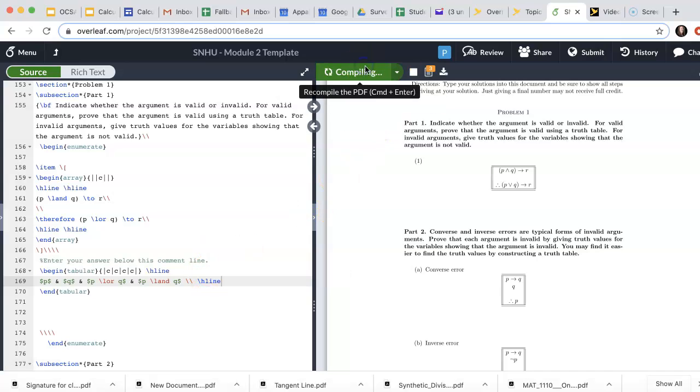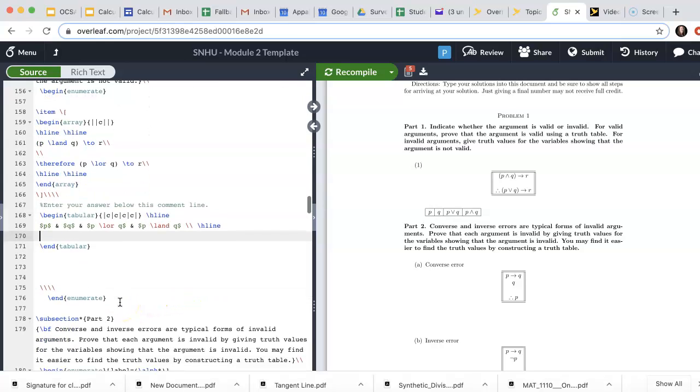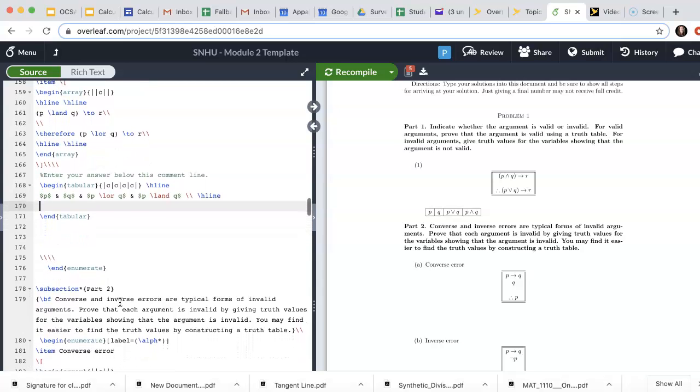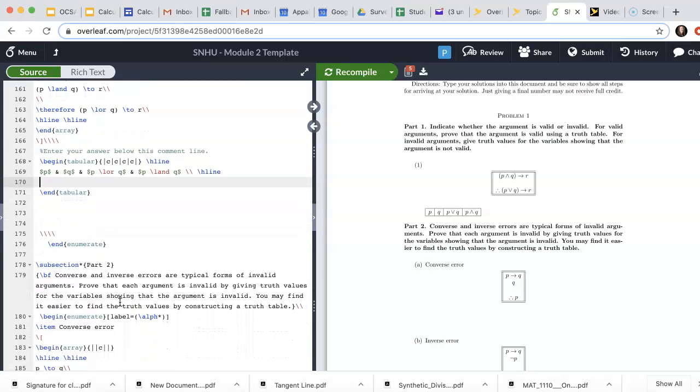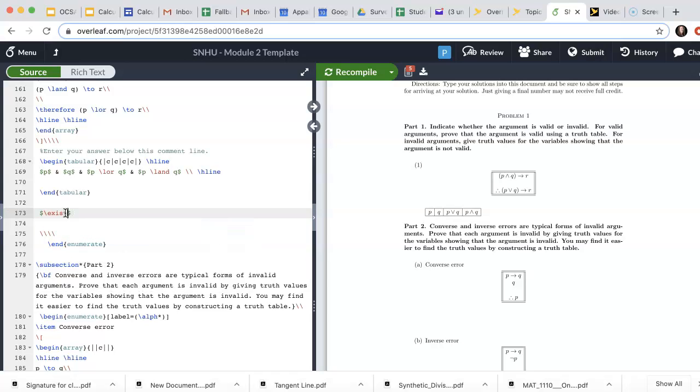So I'm just going to recompile and see what this looks like. So it started this table right here where I have P, Q, P or Q, and P and Q. And then you can make more lines filling in your truth table stuff. So that's a way to start a truth table if you want to include that. I feel like the big thing I saw was putting math type in $ signs. So if you want there exists, exists. If I spell it right,